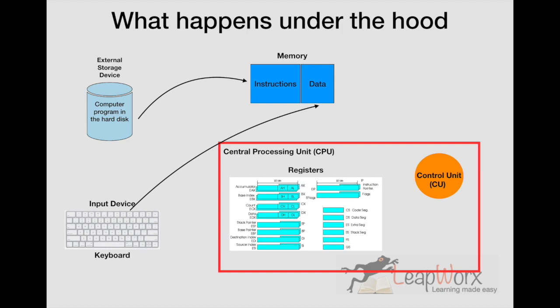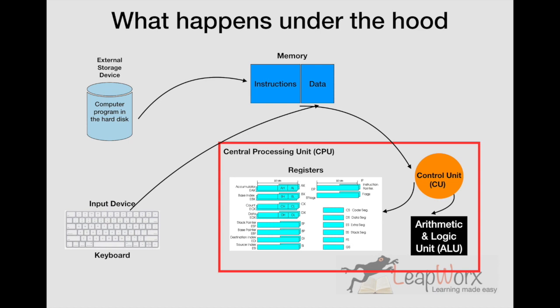As soon as you say, hey, run this program, the control unit looks at instructions, and every time it sees an instruction, it goes and gets it. If there is any data that comes along with the instructions, it goes to the registers, and then whatever calculation you want to do, it gets help from the most important part of your CPU,